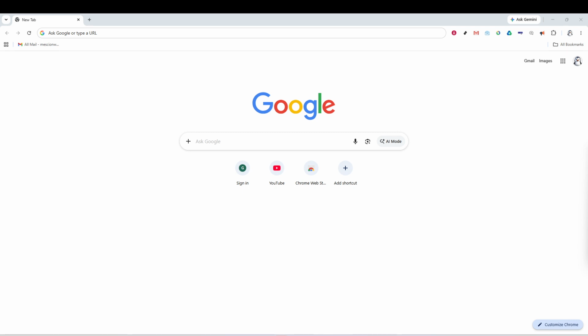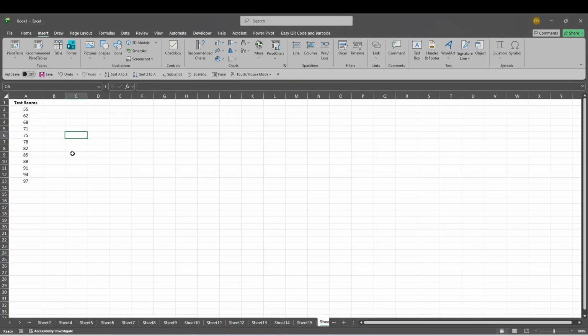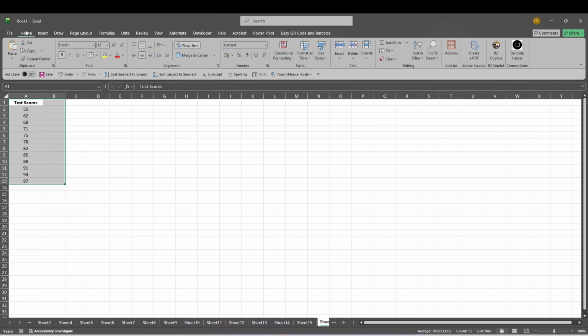A histogram is a type of chart used to show how numerical data is distributed across different ranges, which are often called bins. This makes it especially useful when you want to analyze values such as test scores, sales amounts, ages, or other number-based information. Instead of showing each individual value separately, a histogram groups the data into ranges so you can quickly spot patterns,